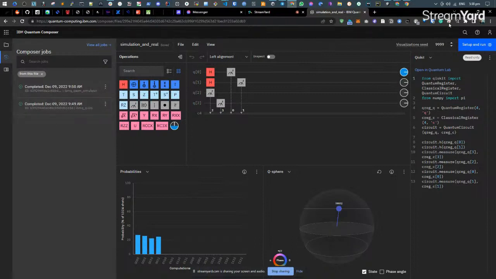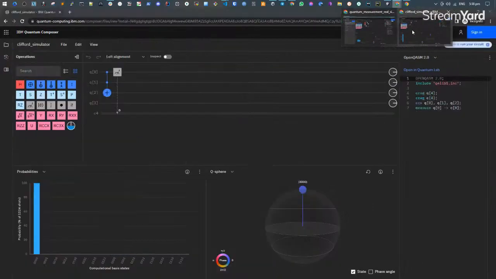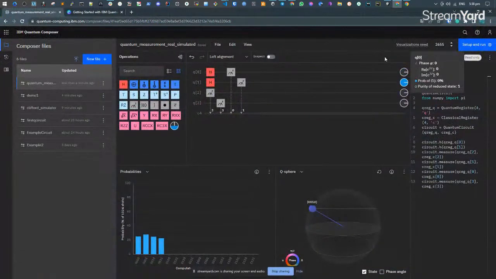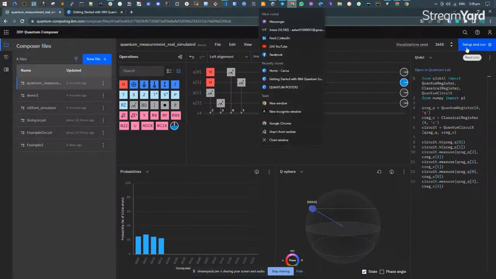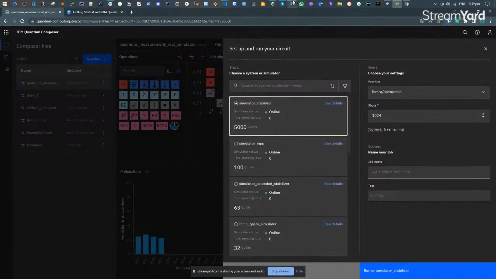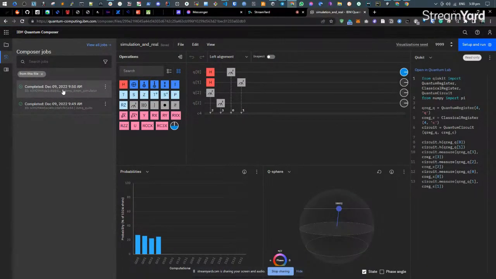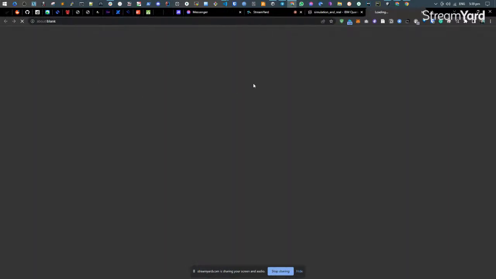So when I click this one, this circuit, as you can see here, is from the first presentation. On the first account, we have a 4 qubit register and we have 4 classical registers. Then we have two Hadamard gates onto the first qubit and the second qubit, and we have measurement on all of the qubits. We've actually recreated this before in our second account in case we find trouble getting access, since there are a lot of pending jobs. So as you can see, we ran this program a while ago, last morning, on the IBM QASM simulator. And if I click see more details,